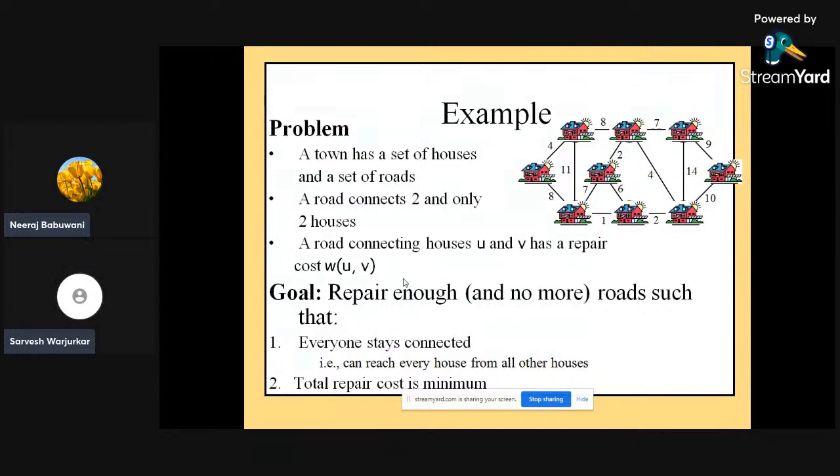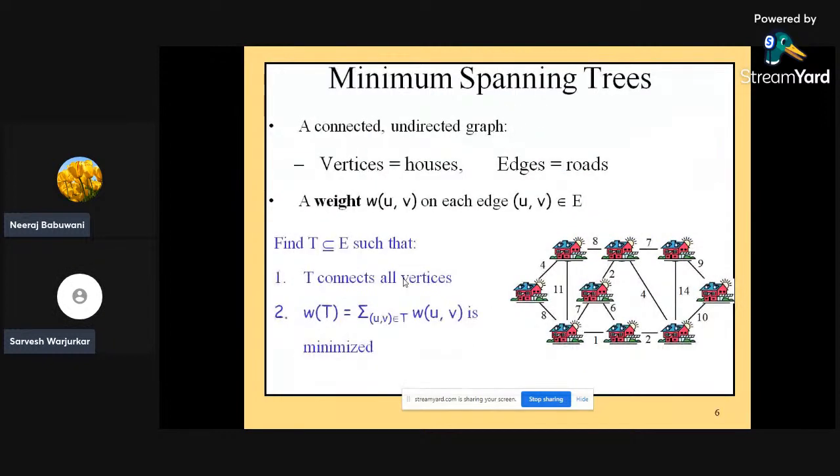Every single house should get connected, here or there. But while connecting them, we have to take care that to reach any different house, the repair cost or the cost of traveling should be minimum. Everyone stays connected, that is, one can reach every house from all other houses, and the total repair cost is minimum. Second is the minimum spanning tree, where we have a connected undirected graph, where vertices equal houses and edges equal roads,